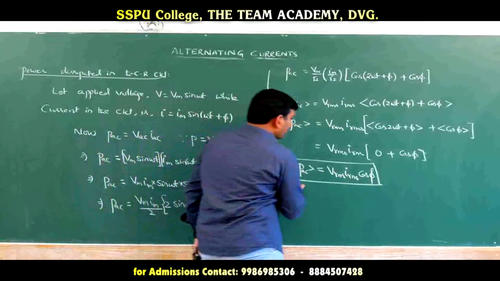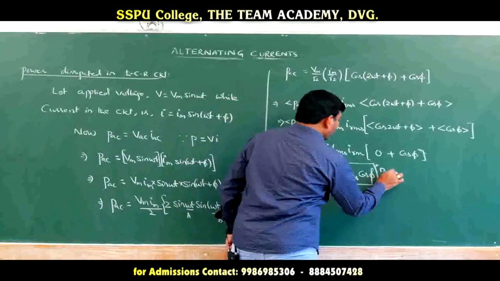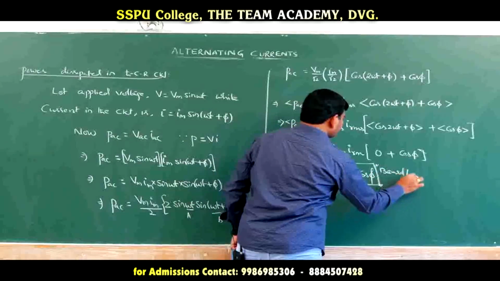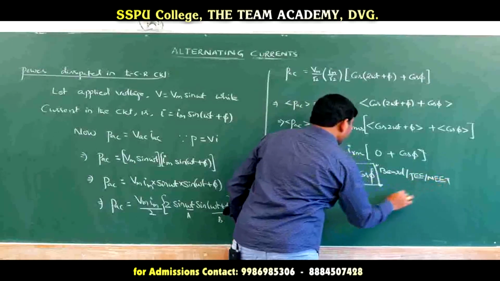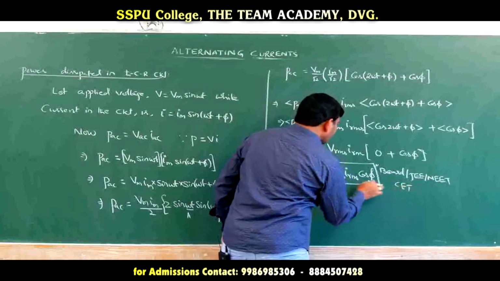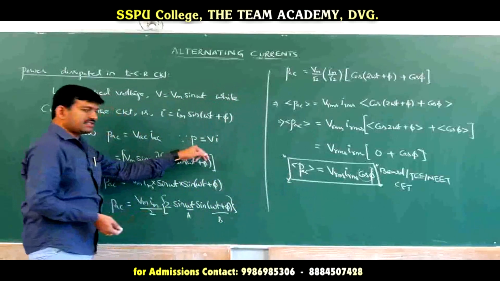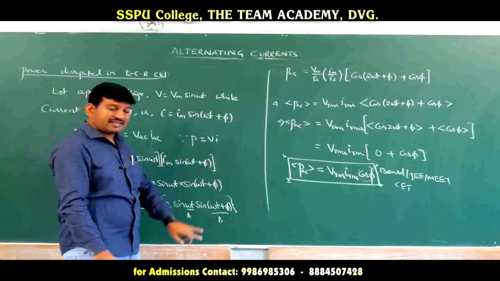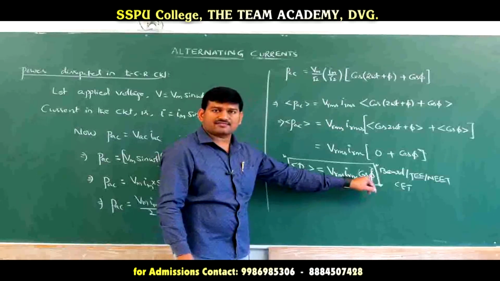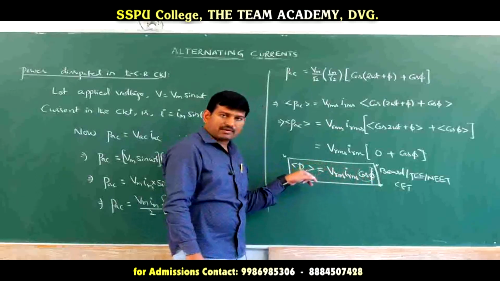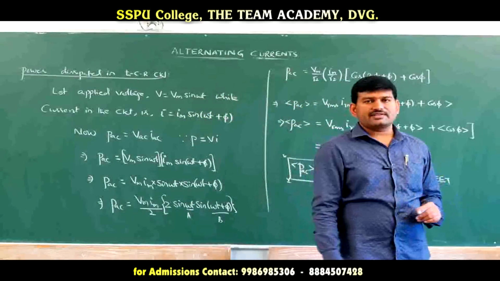And it is a very important formula, from board level to competitive level examinations. For all kinds of exams, this is an important formula. So what is this cos phi said to be? Generally, power is nothing but voltage into current. But in the case of AC, along with voltage into current, we have another factor called cos phi, which is related to the power, hence the name power factor. Previously I told you that power factor cos phi is equal to R by Z.